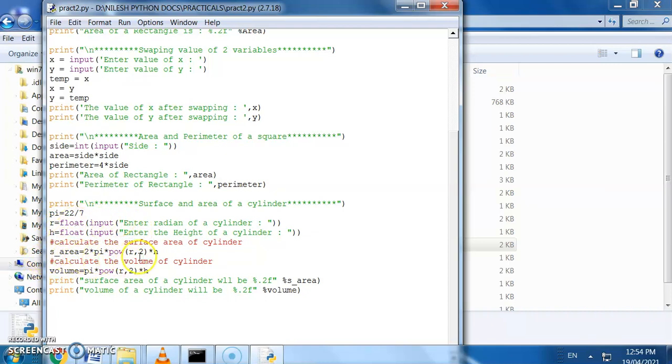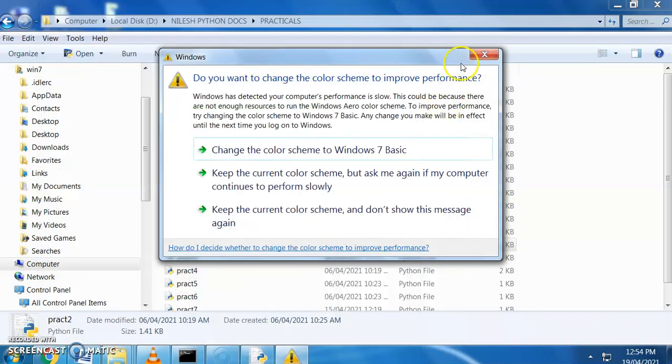Then we specify a formula for finding the surface area of the cylinder, and another formula for finding the volume of the cylinder. The values are collected in these variables, and finally we print those values through these variables. So this is our third practical.